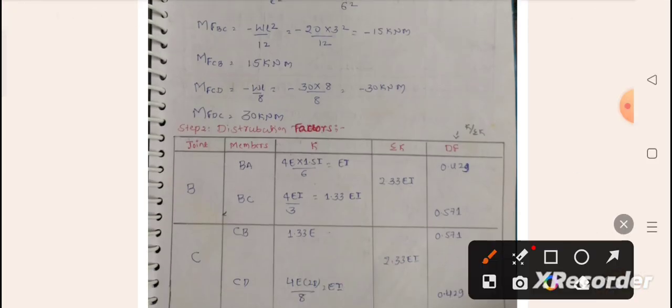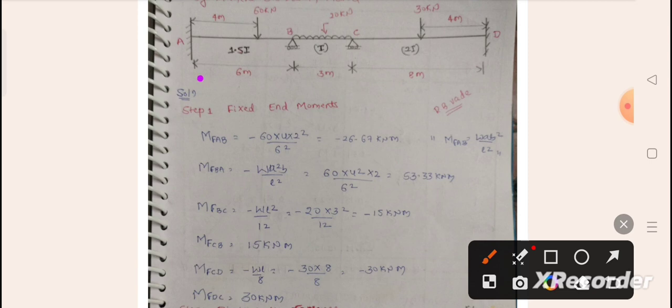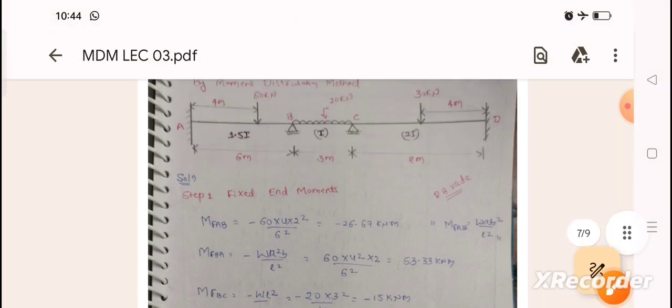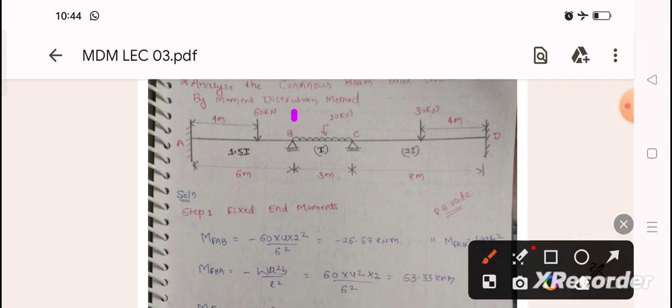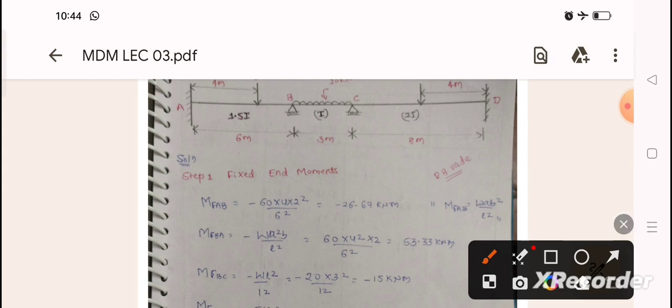So if you see here, the joints are B and C: from joint B, the spans are BA and BC, and for C, CB and CD. Next, one thing you have to remember: in the moment distribution method for a continuous beam, intermediate supports are treated as fixed. What you have to remember is that intermediate supports will be treated as fixed. Then what are you supposed to take? If the far end is fixed,